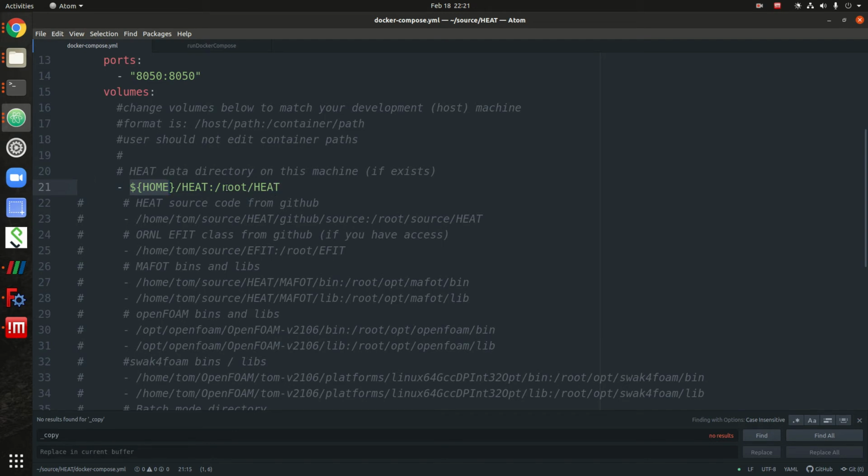We need to bind from inside the container, which is what's on the right of the colon, to outside of the container, and that's what we're doing in this line. Because everybody has a different home, I've just used the environment variable HOME to define that. But for most of these other things, you can't really do that. So like for this one,